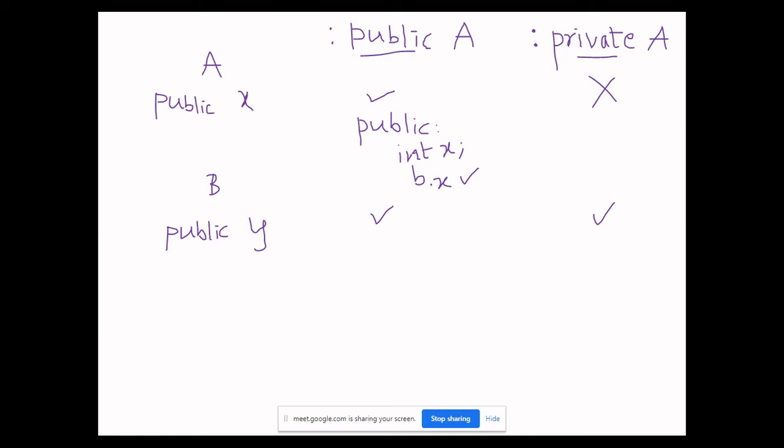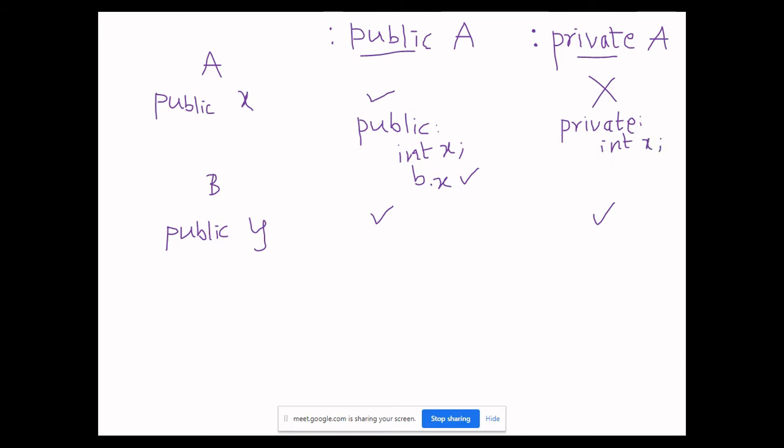But if you inherit using this private keyword, it is similar to writing code in this way: private: int x.